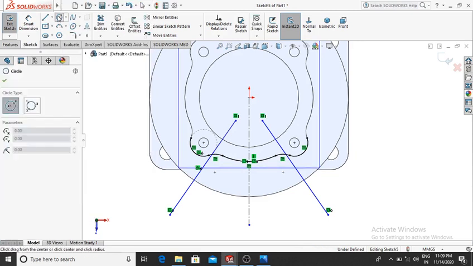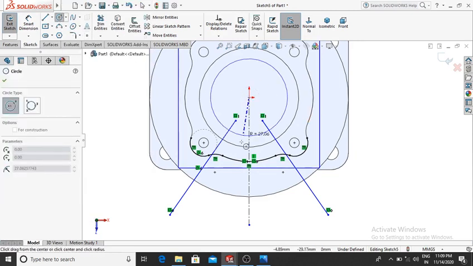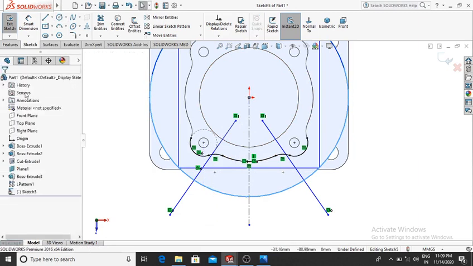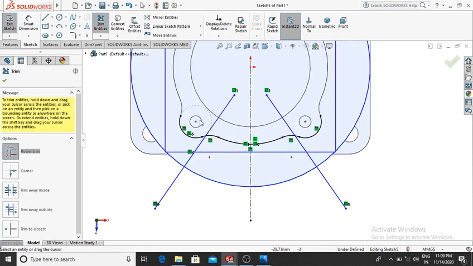Here again select the circle and from this origin point make the circle up to this one. Now go to the trim command and trim the extra portion.